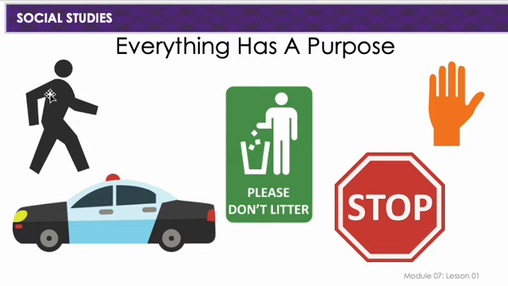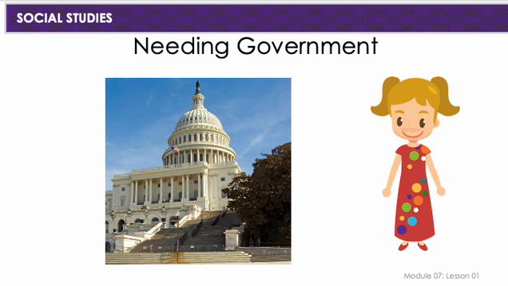We have specific crosswalks. So places for people to be able to cross the street safely. We have law enforcement to make sure that people aren't robbing or stealing or doing things that are unkind or hurtful to people in a community. So, why do we need a government? So, right here we have a student, her name is Casat, and she's learning about the Capitol building, which is